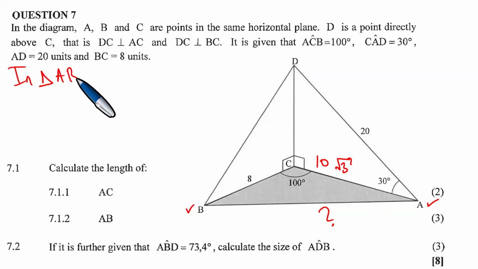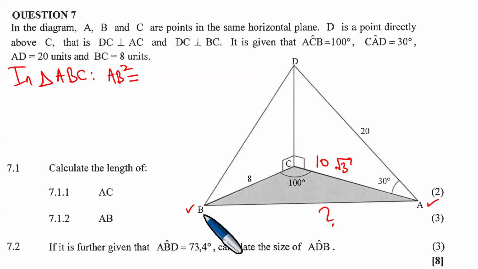Yes, well done. We're using exactly the cosine rule. So as we're using the cosine rule, what do we have? We have AB squared equals